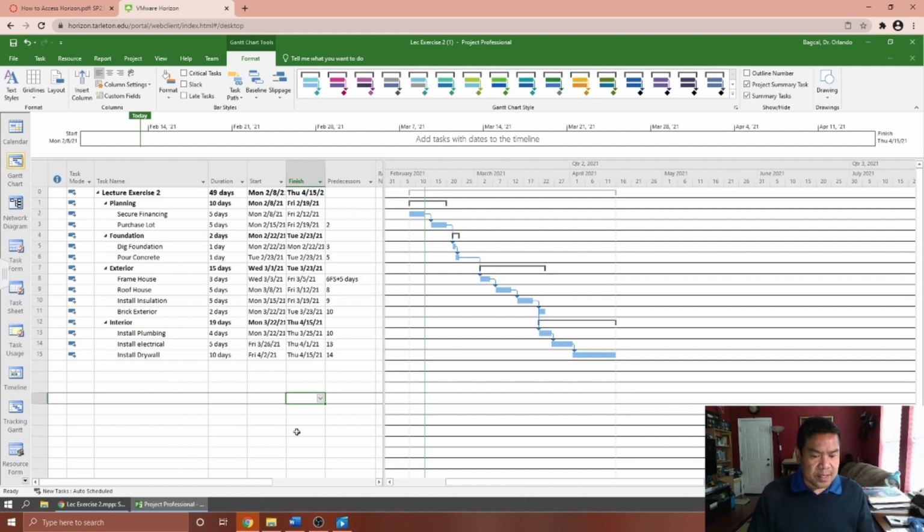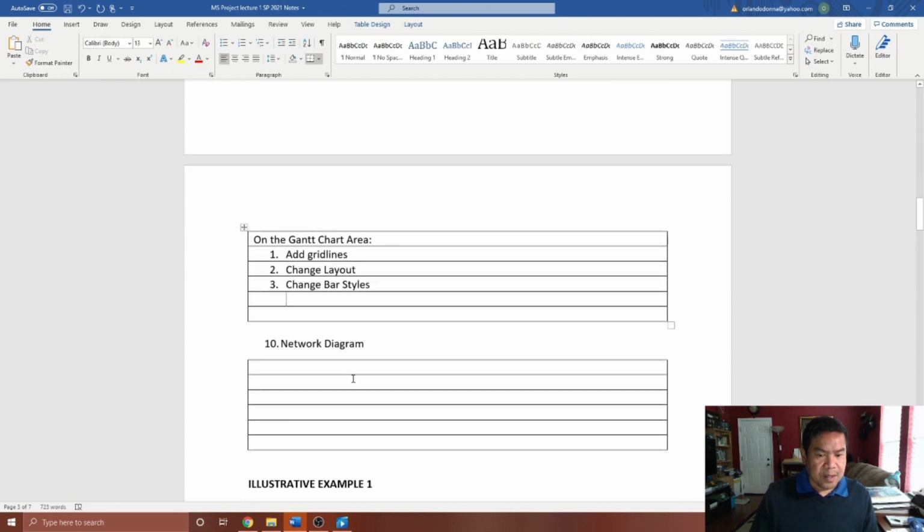Let's take a look at the network diagram. So here, the network diagram is pretty much the same way that you did in the manual calculations in your construction management and in your project management. Okay, so for you to be able to view the network diagram, you just need to go into the view bar, and we could toggle back and forth into that. So I want you to go into the view bar, then I want you to click the network diagram,